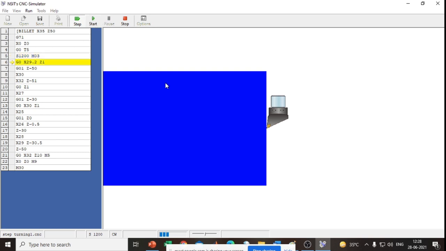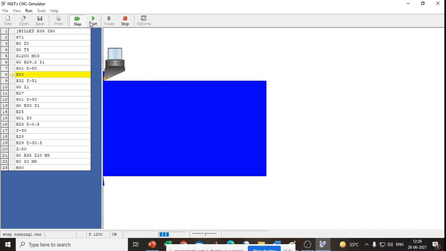Next let's see. Yes, the tool moves to X29.2 and Z1. So in the Z direction it moves 1 unit and in the X direction it moves to 29.2 from 35, and then the tool moves in the Z direction to Z minus 50. After that the machining operation is carried out. So the tool moves to 30 in the X axis.